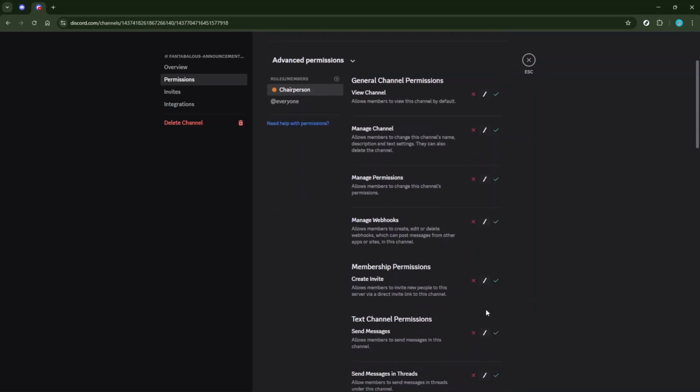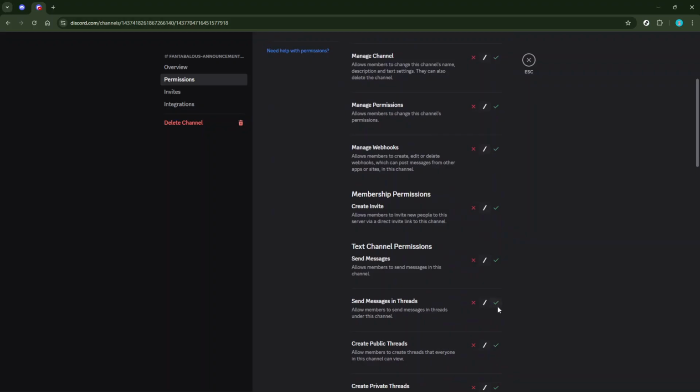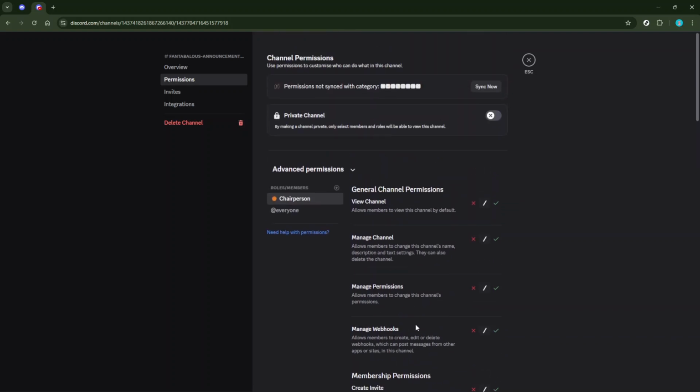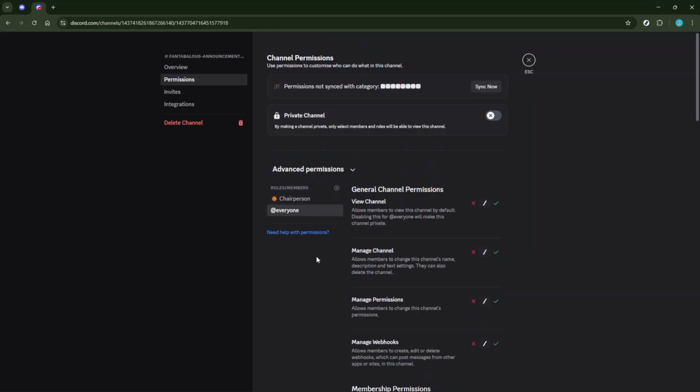Look for the Save Changes button. This is usually at the bottom of your screen or in a pop-up prompt. Hit Save and your channel is good to go. And there you have it. Your newly created read-only channel is ready to keep important messages clear and concise, ensuring that everyone on your server has easy access to essential information without the distractions of ongoing conversations.